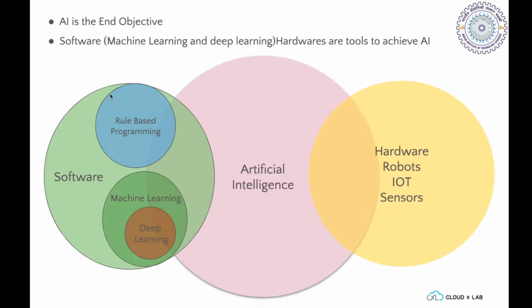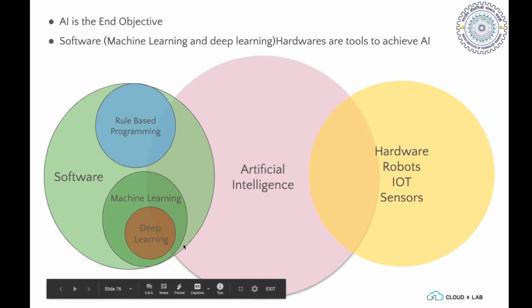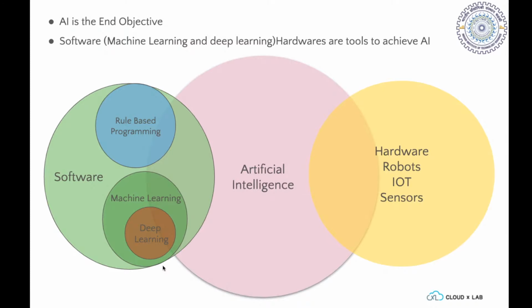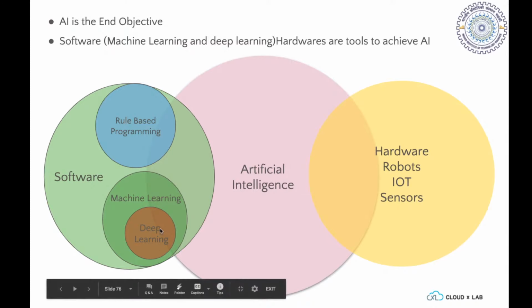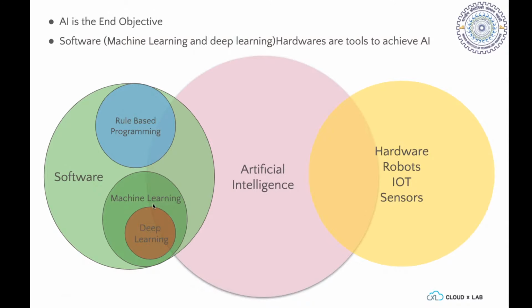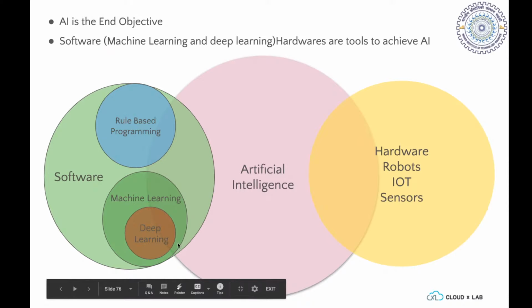With software, you sometimes have rule-based programming, which I showed as an example in traditional spam filters. Then you have machine learning, and then deep learning, which is just a specialized part of machine learning, and I'll show you examples of where deep learning comes into the picture. Artificial intelligence doesn't encompass all of it, but it could use some parts of rule-based programming, traditional software, machine learning, and some amount of deep learning, depending upon the application you need.